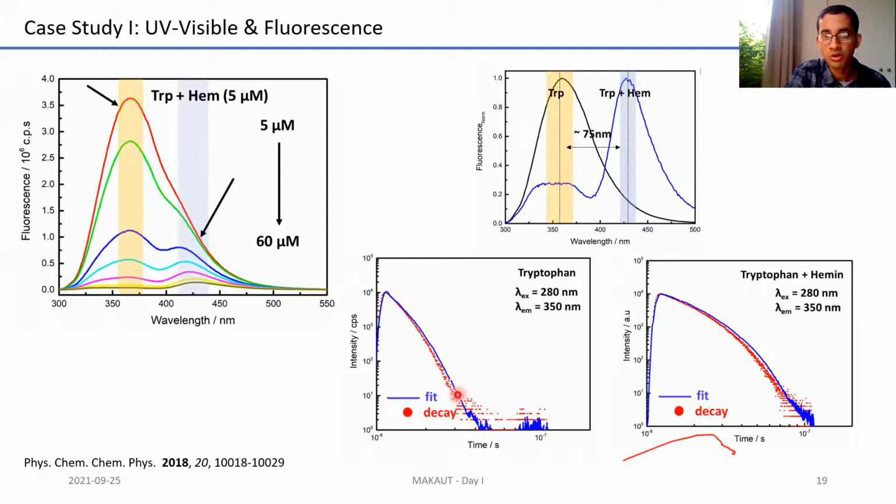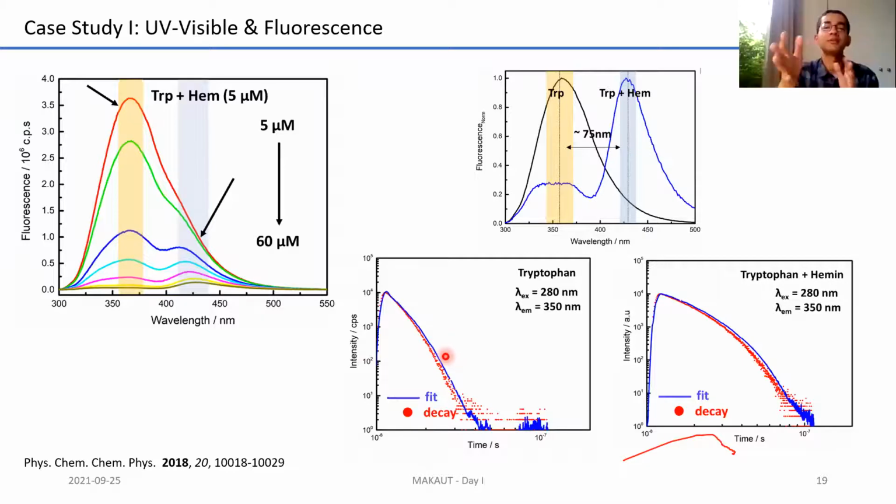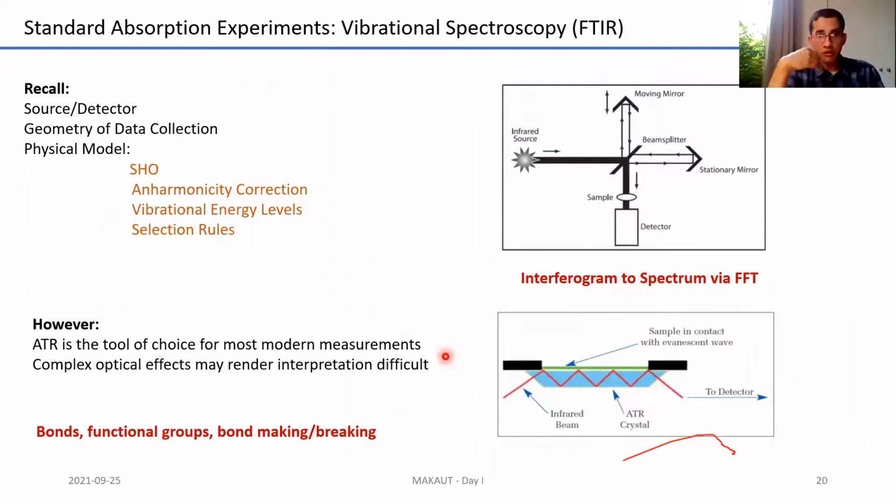Note that this is not exactly similar to the textbook level of exponential decay that you see. This is because of molecular processes complicating this, but you can fit it to multiple exponential systems. And then using this, you can find out, for example, the time scales of interaction between molecules. This is a practical example where I found that fluorescence spectroscopy gives you more information about interactions compared to UV visible spectroscopy.